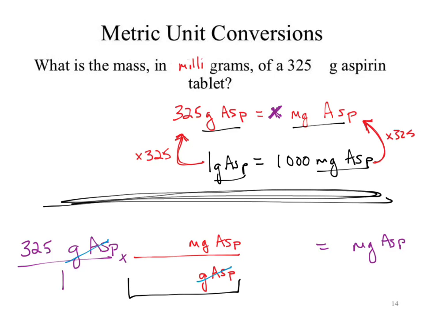Milli means 10 to the negative third. Where does the power of 10 go? No, it does not go on the top. It does not go on the bottom. Not with the middle. Next to the milligrams is starting to get a little bit better, but still wrong. Where does the 10 to the negative third go?